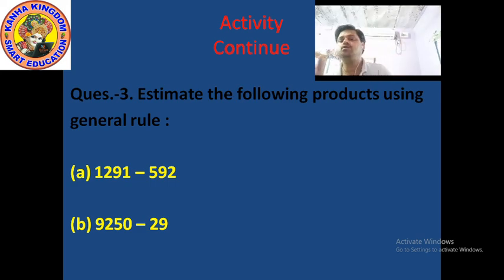Okay, so you have to find both numbers to the nearest by the general rules, and when you find both numbers by the general rule, then it is very easy to do the product or multiply. Clear? These two questions you have to do at your home and practice as many times as you can. Okay, and this is the last video of your chapter. Okay students, I hope you all enjoyed this chapter, and practice as many times as you can. Very good.